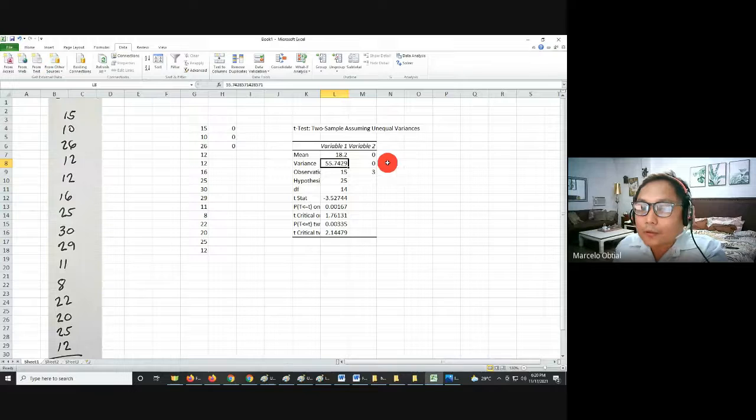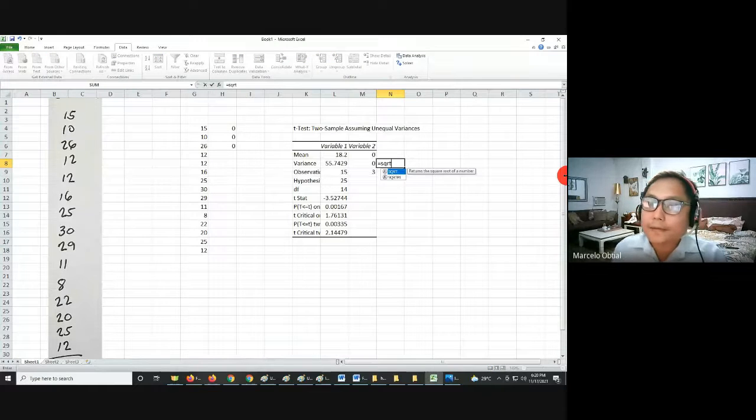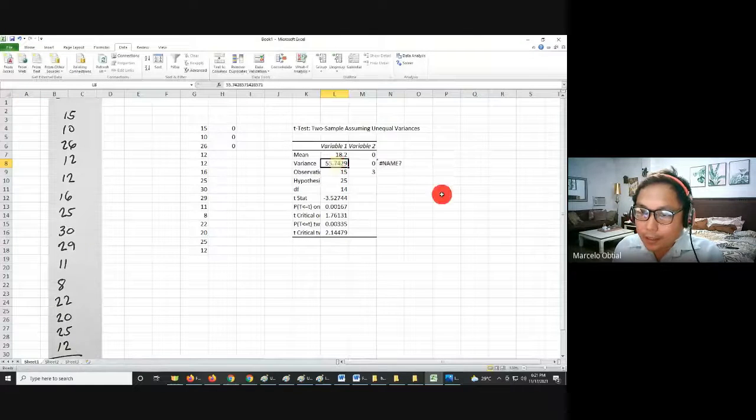Variance. We all know that variance is sigma squared, no? To get your sigma, you just need to get the square root of the variance. If you can still remember, the square root of your variance, which is 55.7429,